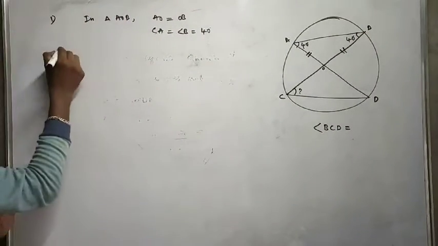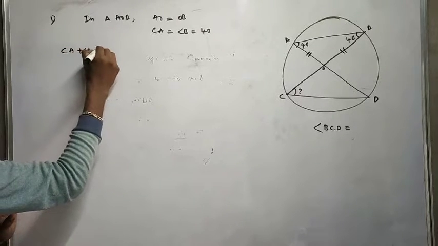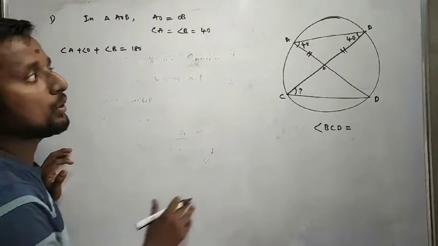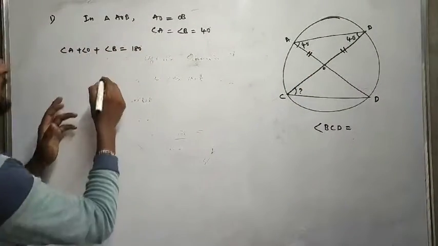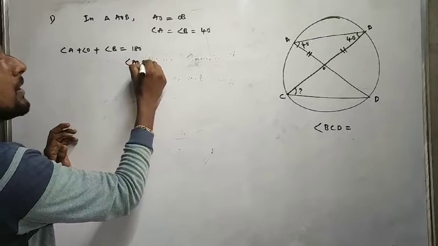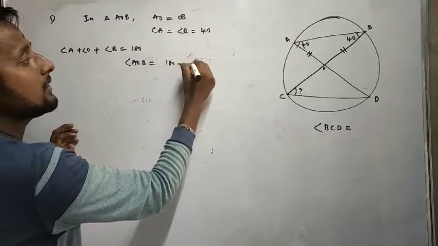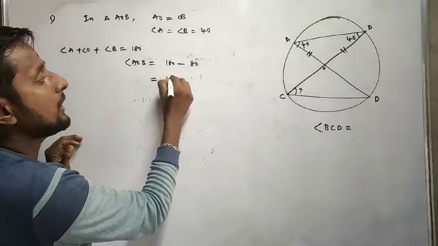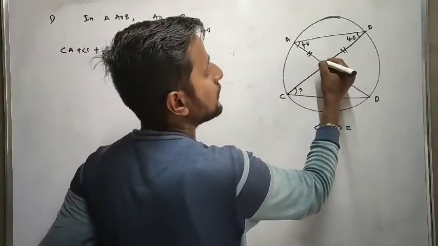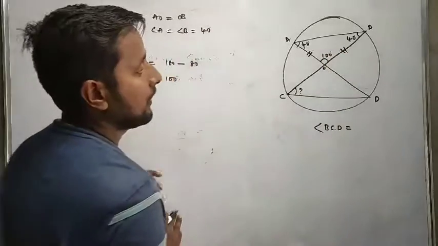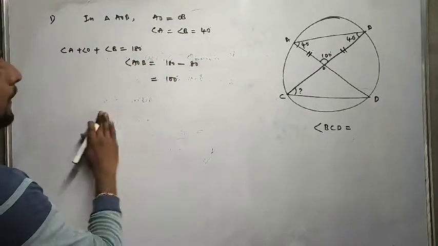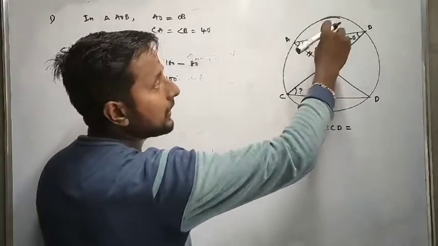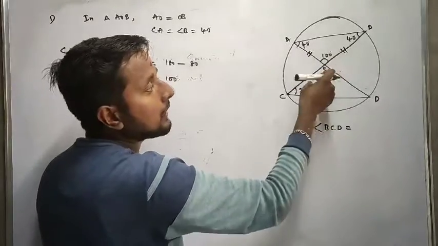But we know angle A plus angle O plus angle B is equal to 180. The sum of the three angles is 180. We already know the sum of the two is 80. So angle AOB is 180 minus 80, correct? So we got 100 degrees, right? Now, there are two things we can do. Either we can check the congruence of the triangles and conclude both triangles are congruent, and later decide the angles.